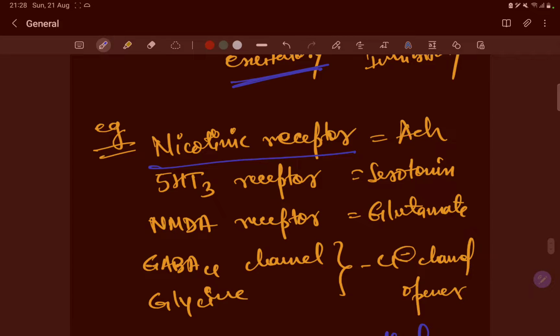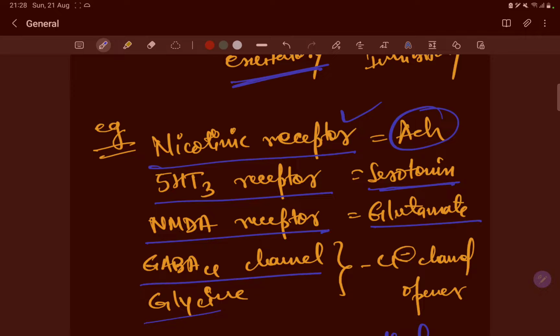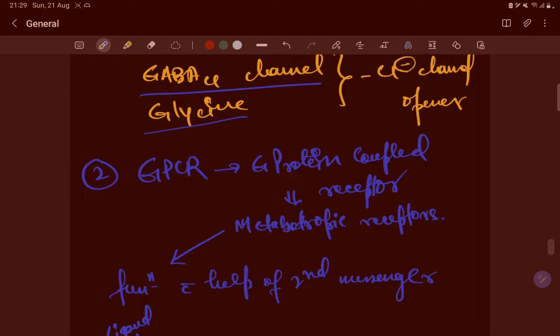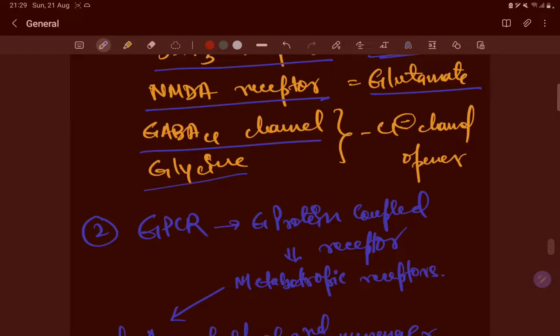Now for example, the nicotinic receptor for acetylcholine is an ionotropic receptor. The 5-HT3 receptor, a serotonin receptor, is an ionotropic receptor. The NMDA receptor for glutamate, and GABA-A for chloride and glycine for chloride channel opener. These are the ion channel receptors, right? Now the GPCRs, the G protein coupled receptors, are the